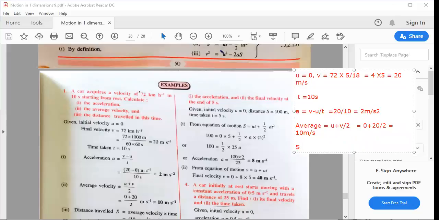So, can we use this formula? s is equal to ut plus half at square, because we have everything. So, ut is 0. So, we can actually use half. a is what? Into 2. t square is what? t is 10 seconds. That means t square will be 100. Okay. So, 2 cancels. The answer will be 100 meters. I hope you understood. Yes.